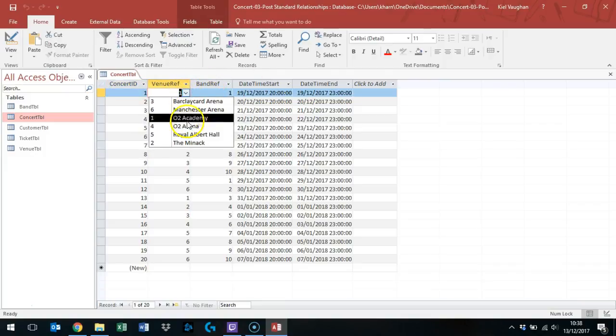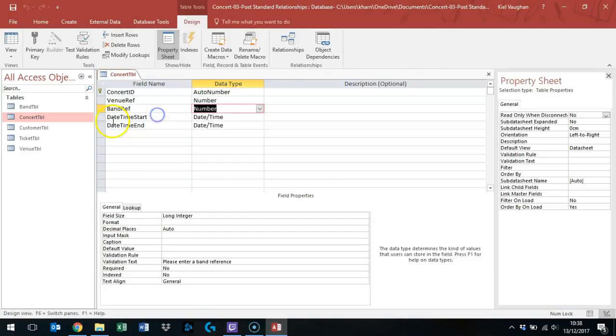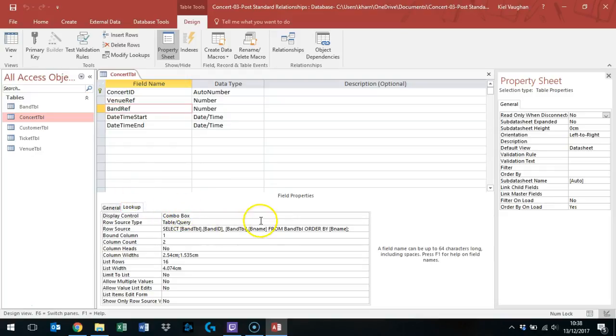So venue reference works correctly, displays correctly, but band reference now crops off some of the artists, but the ID field is absolutely massive and uncalled for. So how do we rectify this? Go into design view, go into the band reference here, click on lookup, and what you'll be displayed here is